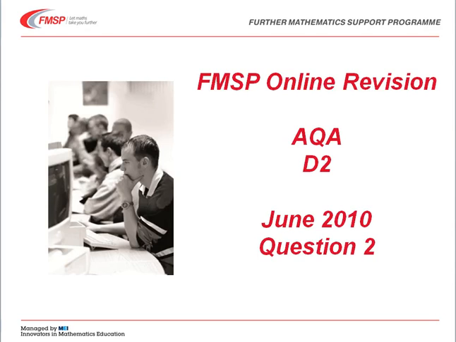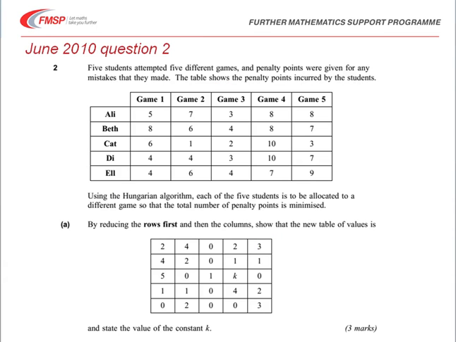In this video I'm looking at the AQA D2 specification, and it's question 2 from the June 2010 paper. This question shows us 5 students and 5 different games and the penalty points given for mistakes that they made. So we've got the penalty points incurred by 5 students in 5 different games, and we're asked to use a